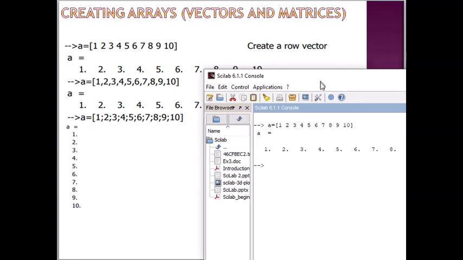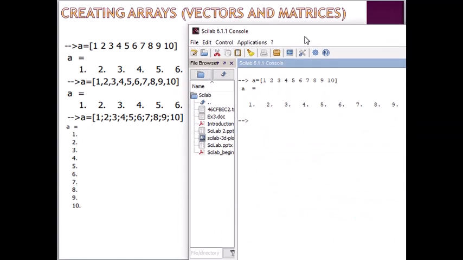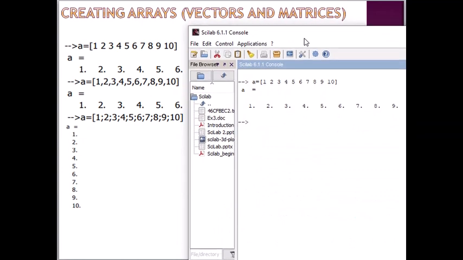If we need to create a column vector, for the column vector we should add a semicolon between the elements, then we write a semicolon, right? So with the semicolon we can write the column of our matrix.